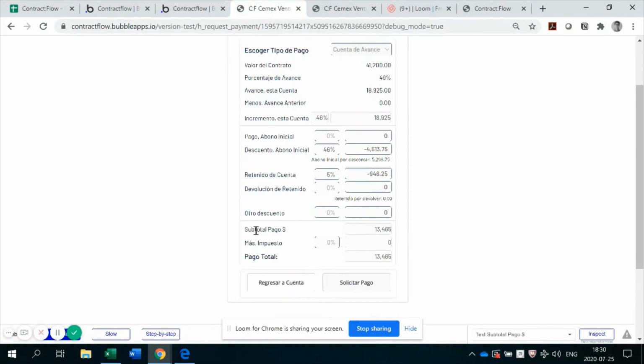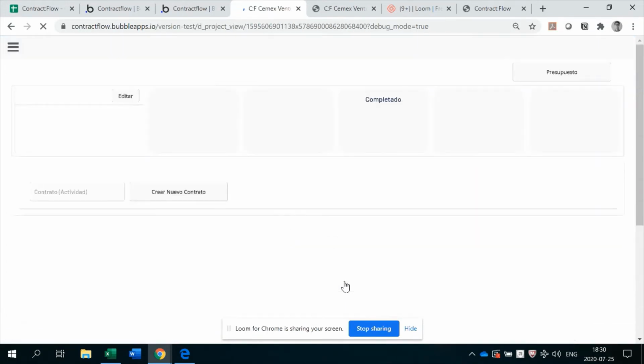So the next line is just a subtotal, adding up what we've included up here. We have an IVA to pay, or like a transfer tax. It adds it here and you request a payment. When we request a payment, this would probably be done by a project manager, so it takes you back to